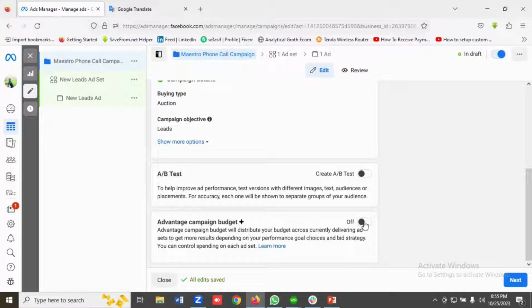But I want to test them manually, so I'm not going to choose this option, because I want to give the same budget to each ad set. With this option, one ad set would cost more and one would cost less, but I want to test them for the next 30 days. Okay, so I'm going to click on next,